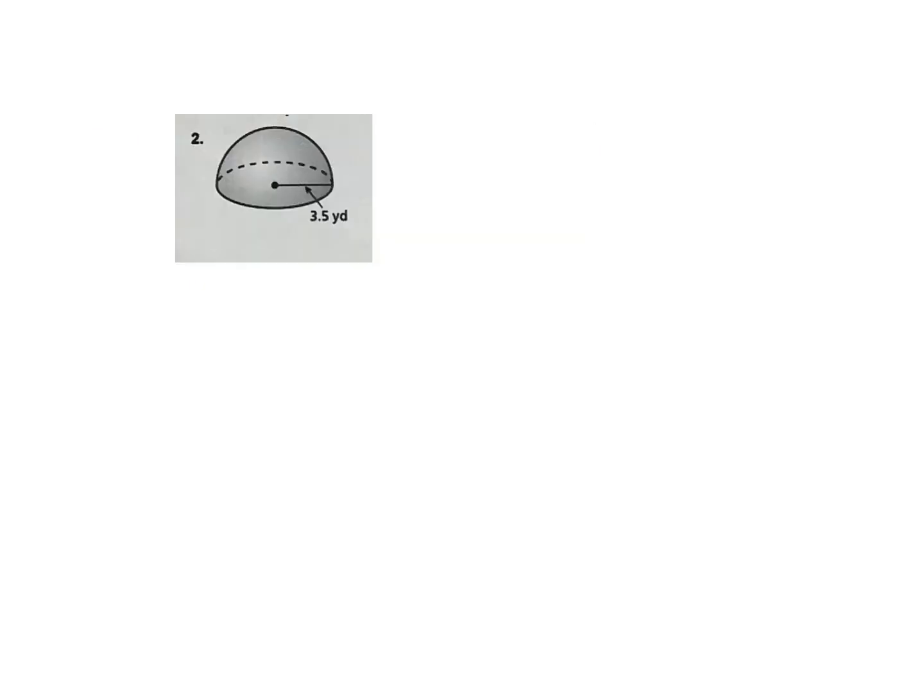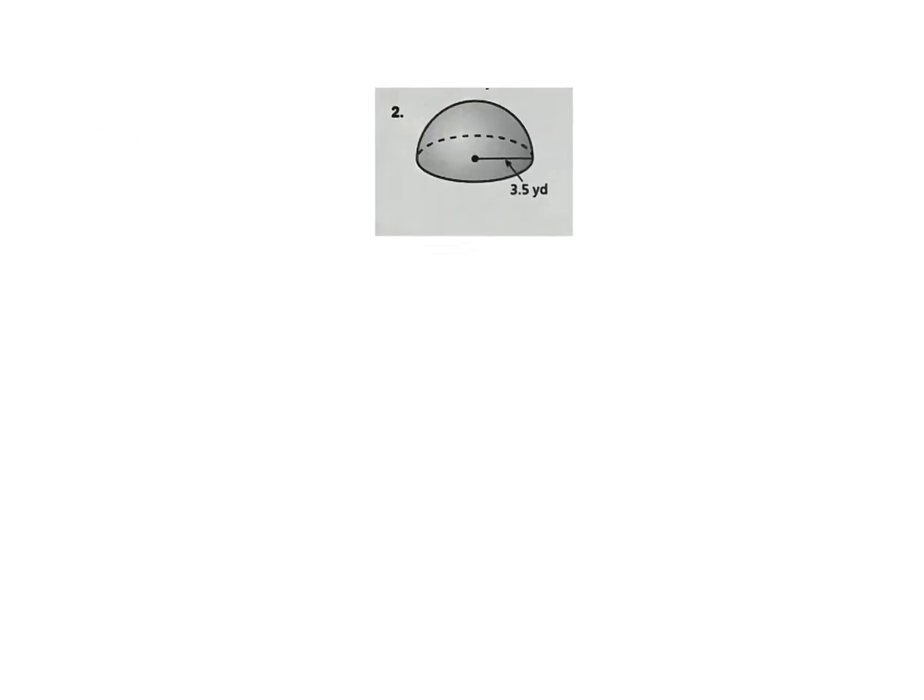Now, the volume here is a hemisphere. It's half. So we're going to do the exact same thing: 4 times pi times the radius, 3.5 cubed. We're going to divide by 3, and then when we're done, we'll divide by 2. So 3.5 cubed on your calculator times pi times 4, and then we divide by 3. That's 179, so we divide by 2 at the end, and we get